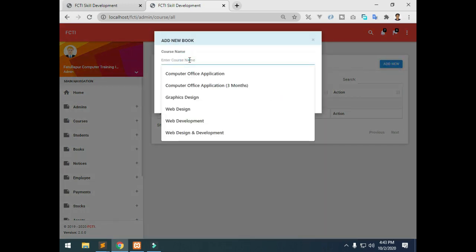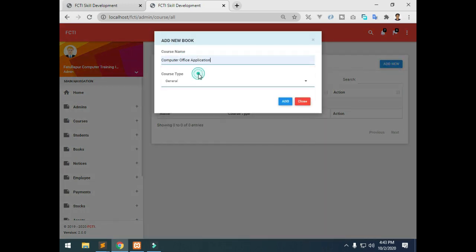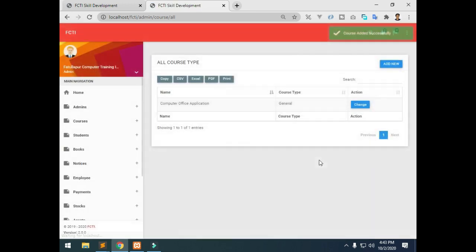I give the course name, computer office application, and the course type, general. You select it from here. It's all dynamic, it's coming from course type. Okay, it's successfully added.